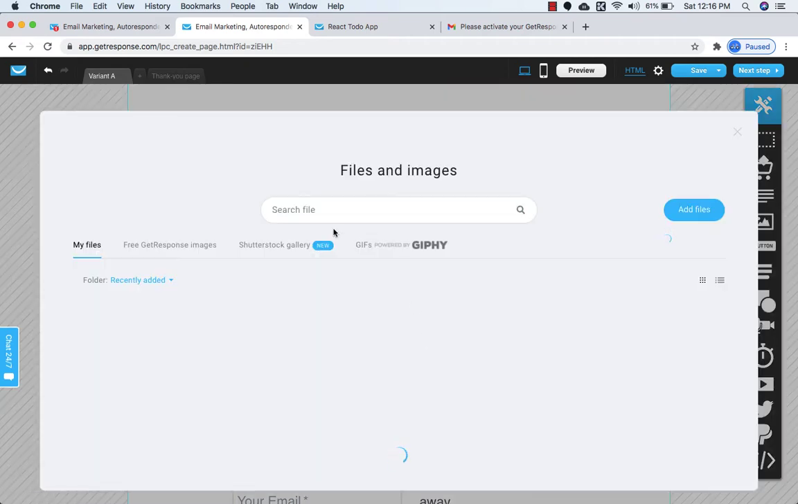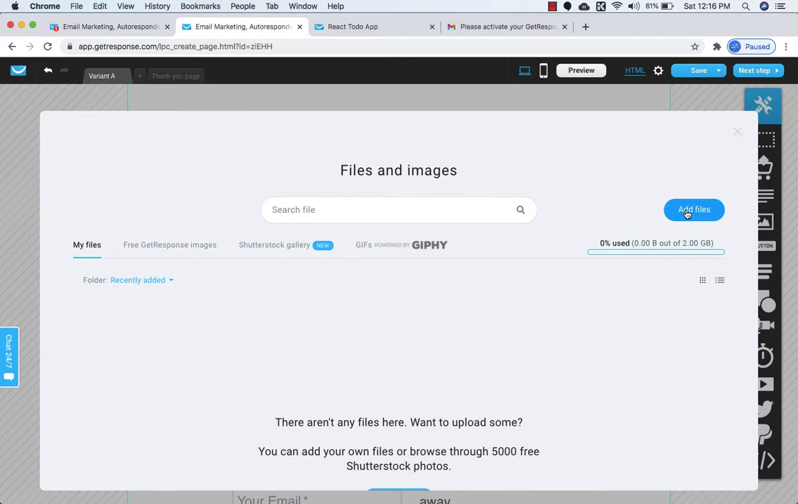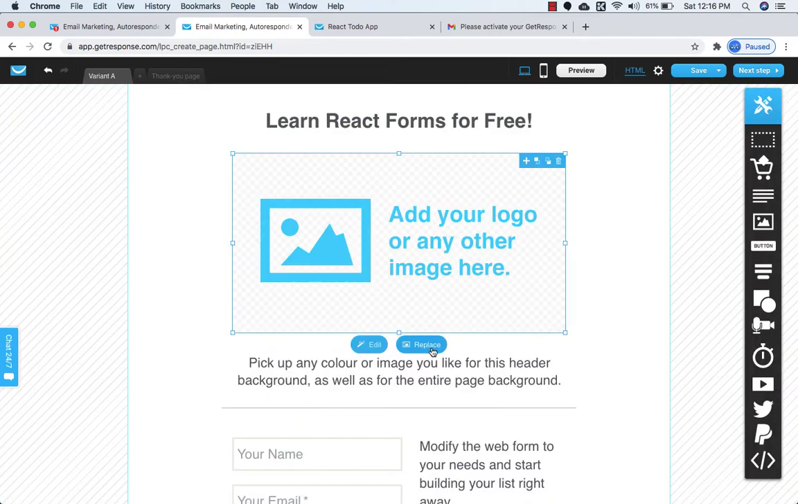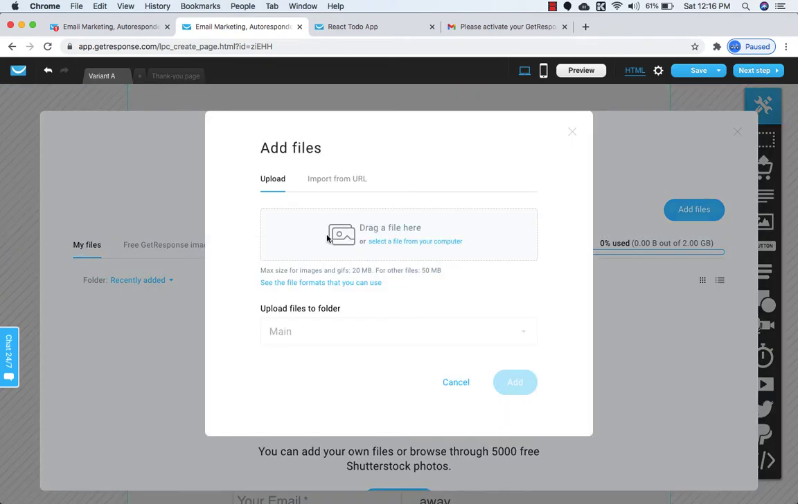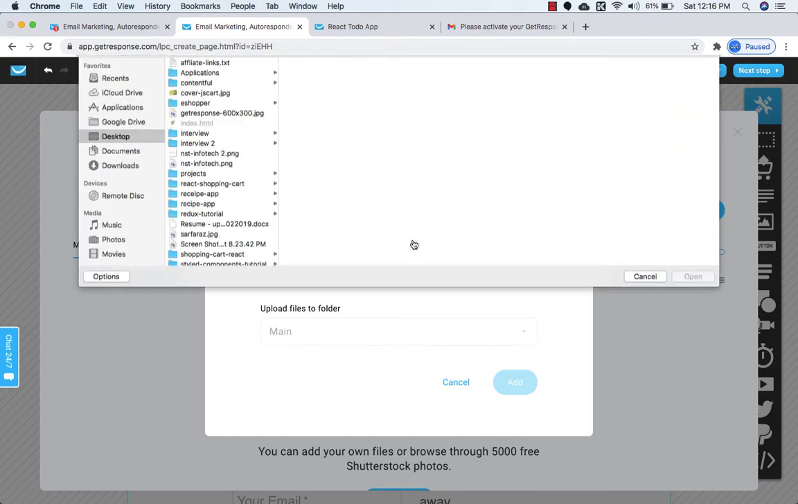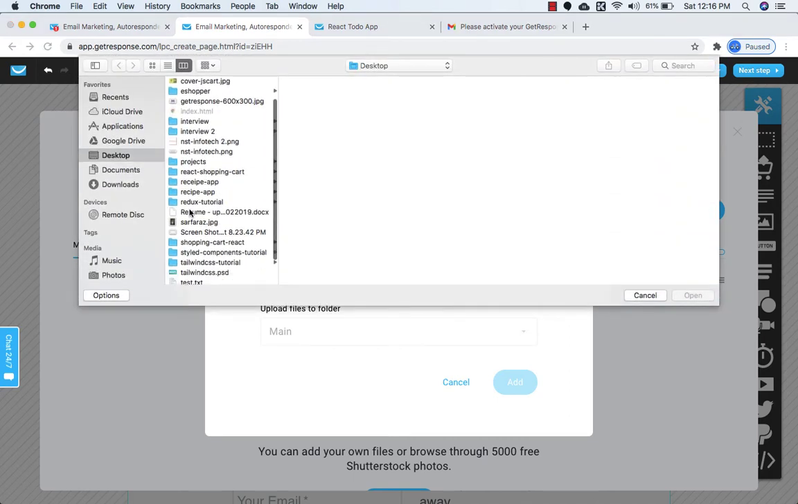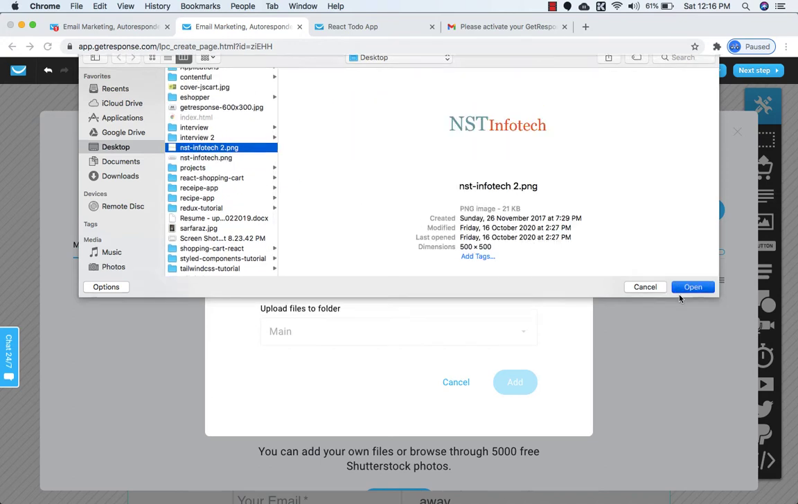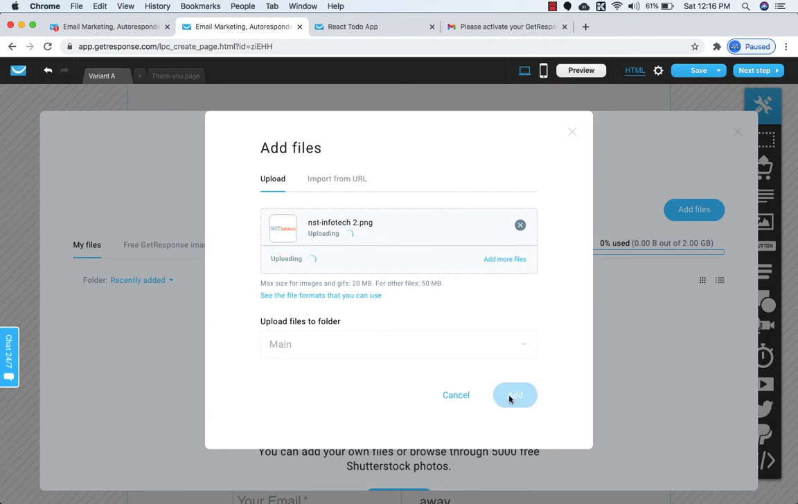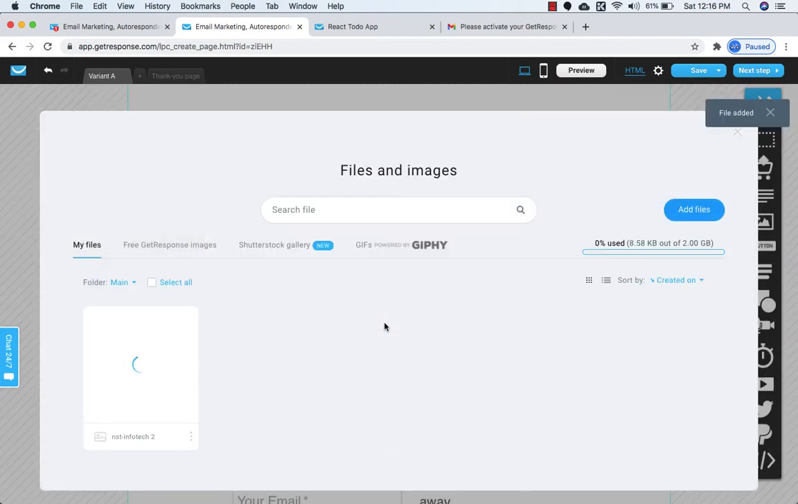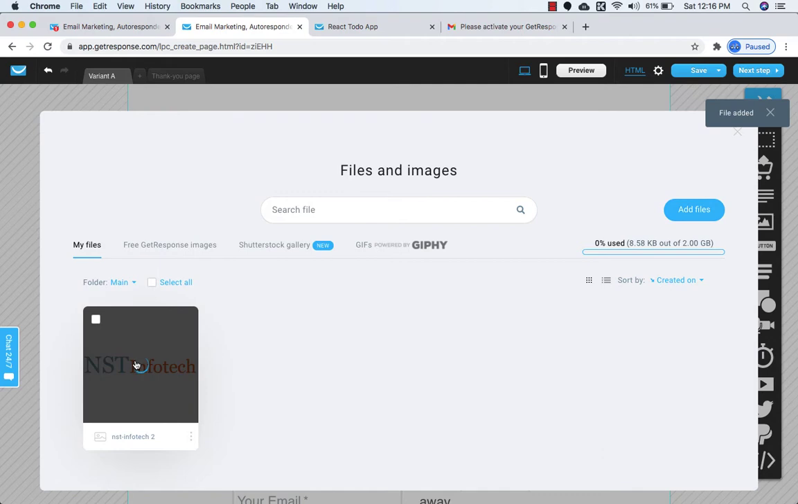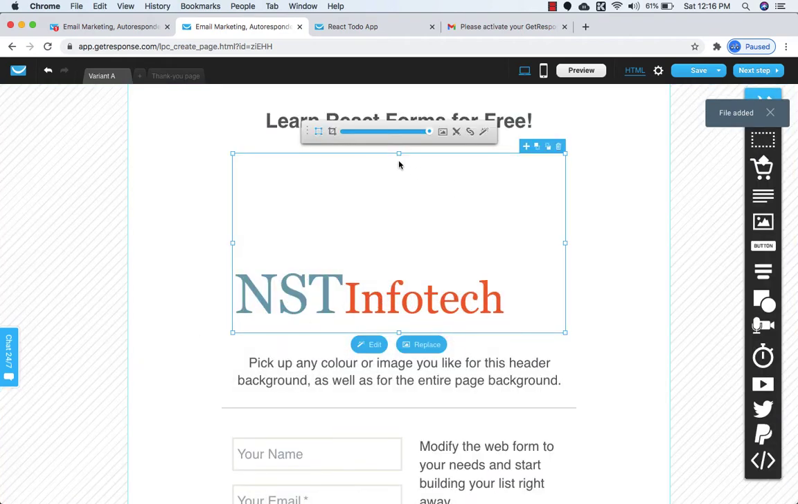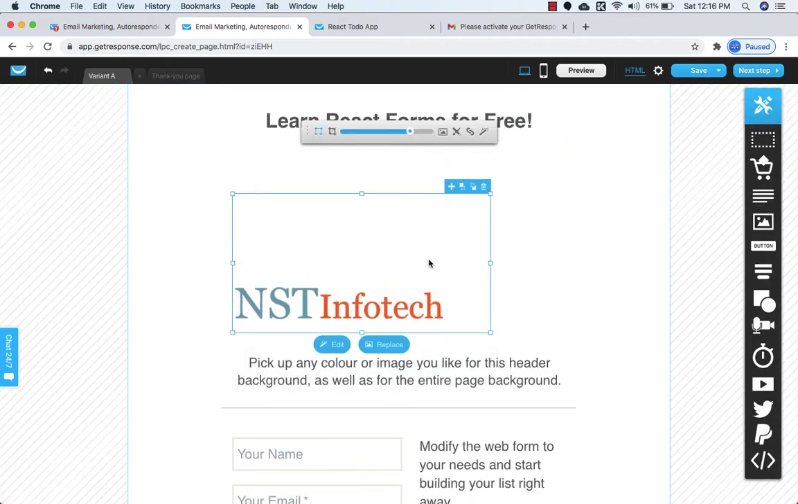Let me replace this image with a logo. So you need to click on, see here, you need to click on replace and you need to add the file. Here you need to select from the computer. So I have a logo created already. So I'll just select this logo and click on add. And here we need to click on use. Okay, so now if I make it smaller,